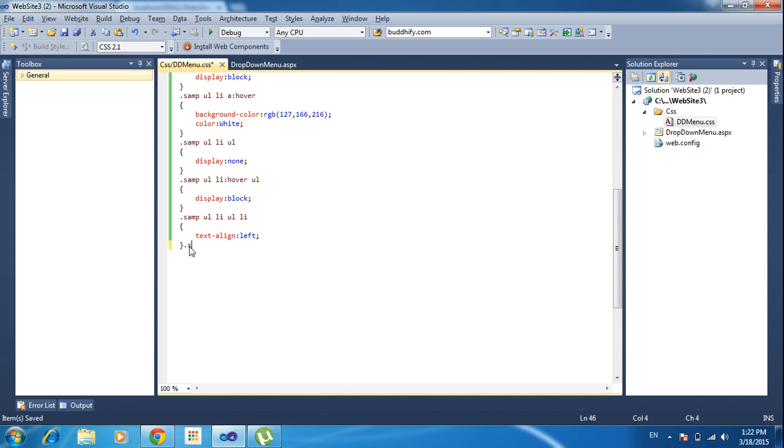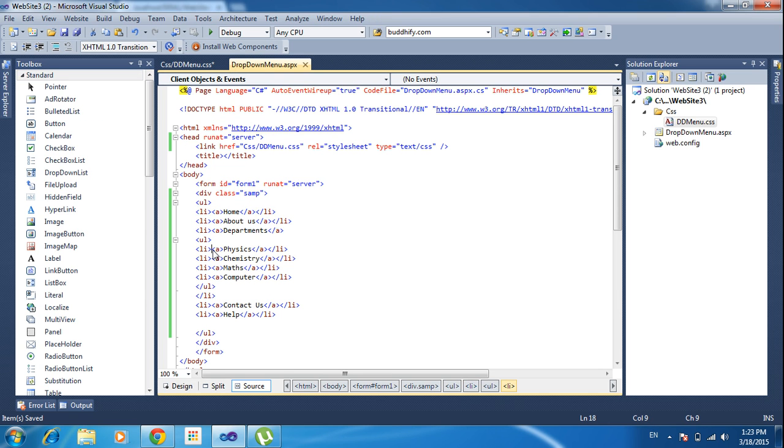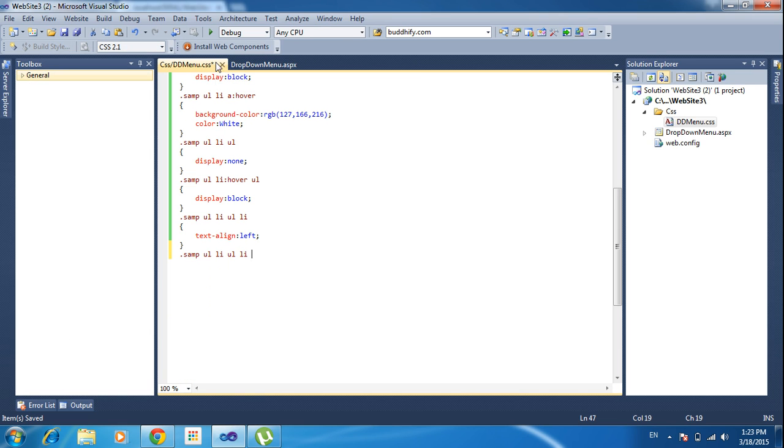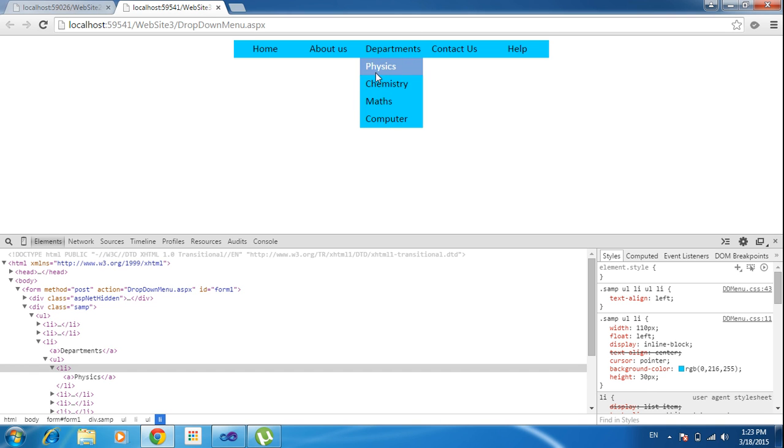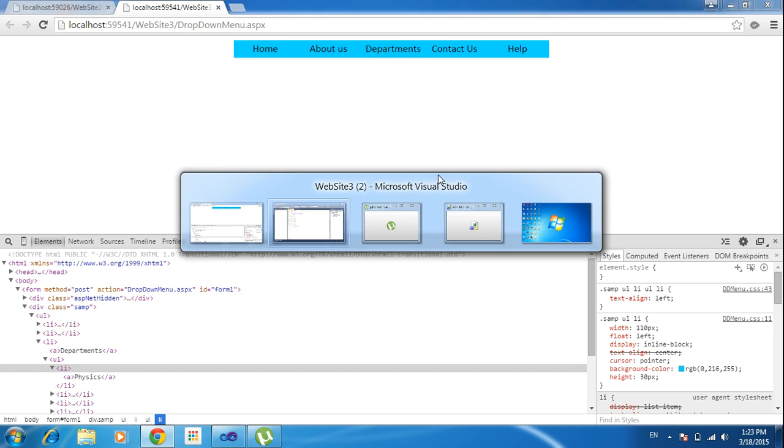I'll give sam ul li ul li within that anchor tag hover, when mouse over on the menu in the drop down menu,